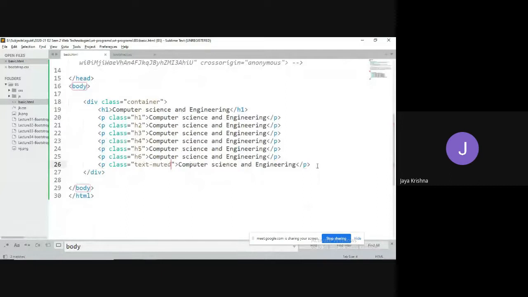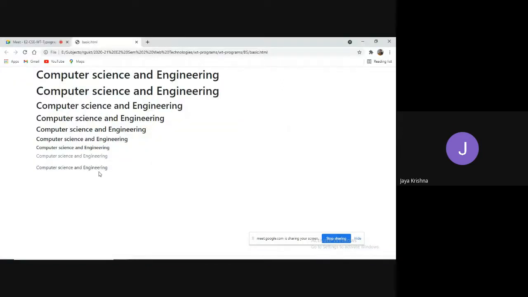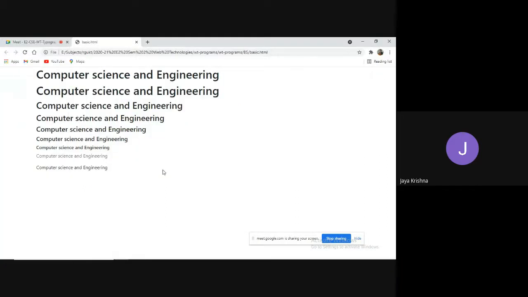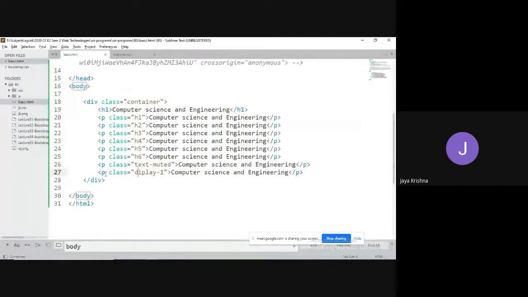For example, when there are various kinds of heading styles, at that time we may use a class called display-1, where you can observe some difference. The class name is display-1, Computer science engineering.